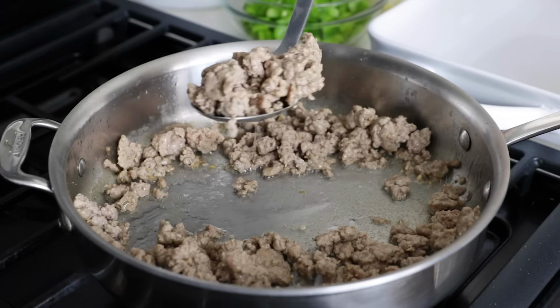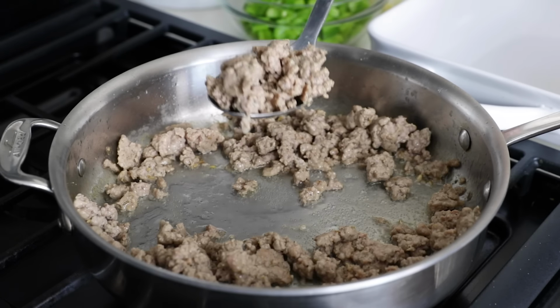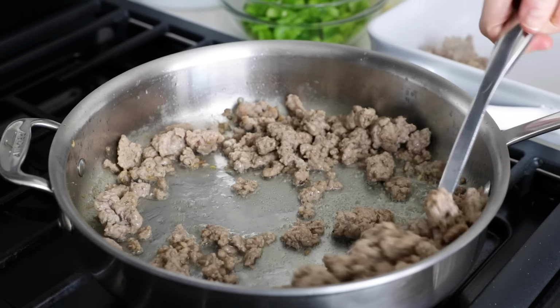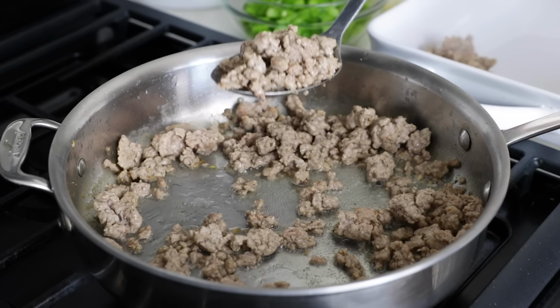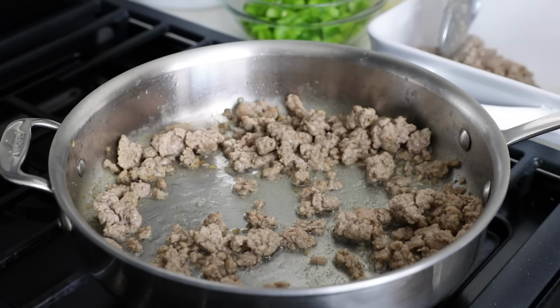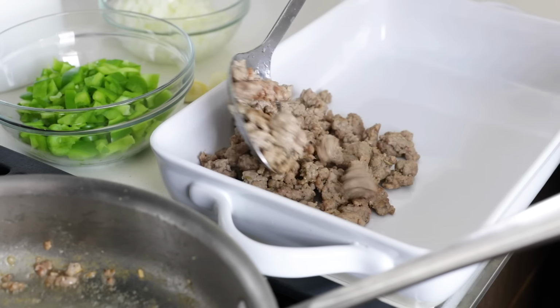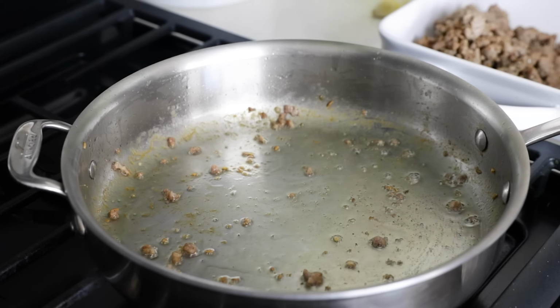Just add that to a pan on medium-high heat and use a spatula to break it up. Cook the sausage until it's browned and no longer pink, and then use a slotted spoon to remove the cooked breakfast sausage to a 9 by 13-inch casserole dish. Once that's done, drain off any excess grease, leaving about a tablespoon or 2 in the pan in order to